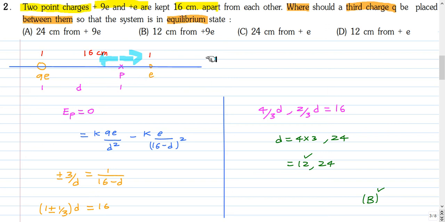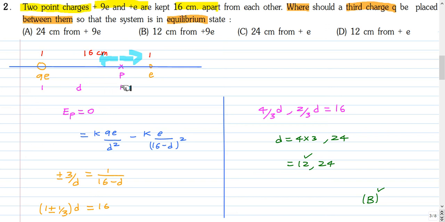these 2 point charges. But suppose we take some point towards the right of both the charges, the force due to both the point charges will be towards right. So it is not possible for the net force to be 0. Similarly, at the place left of both the point charges, the force due to both the point charges will be towards left. So it is not possible for the net force to be 0. So the net force on a charge can be 0 only in between these 2 point charges.